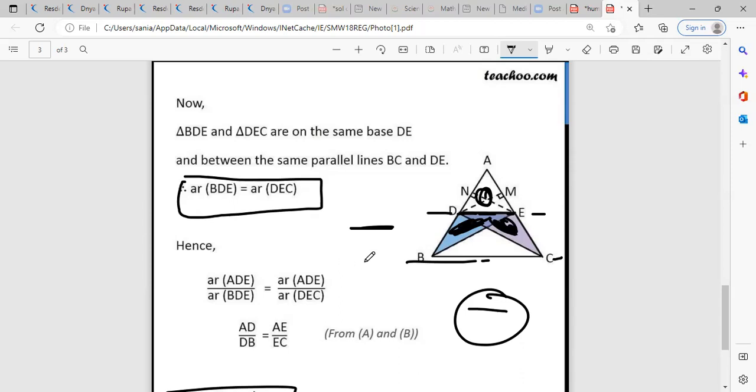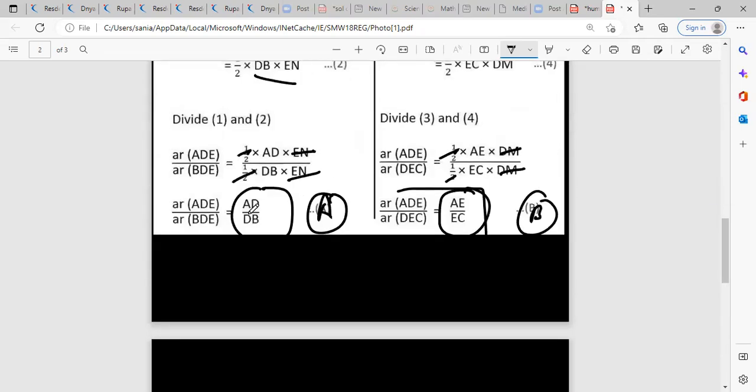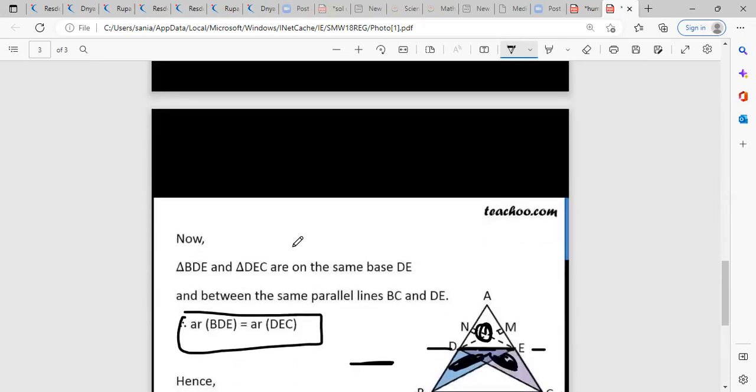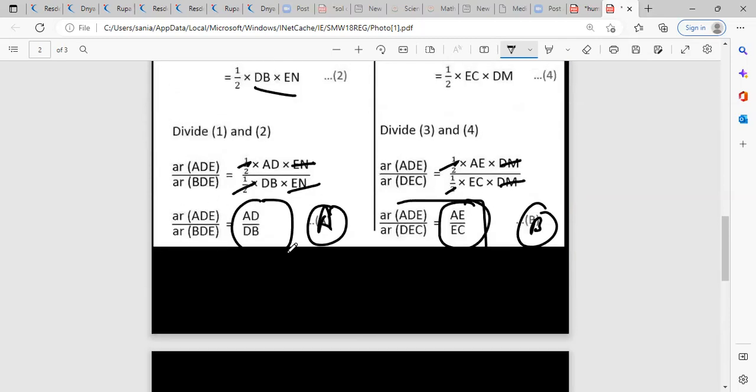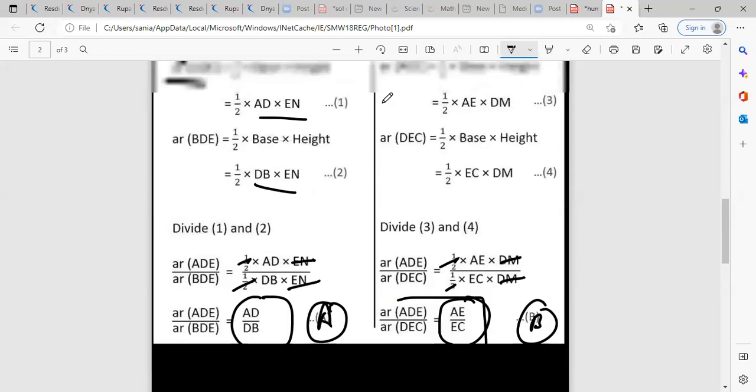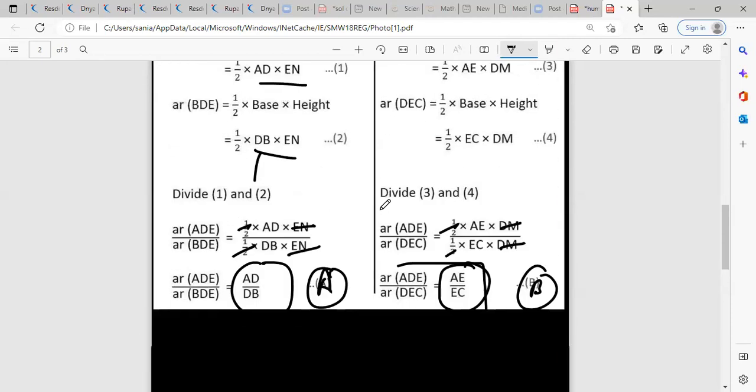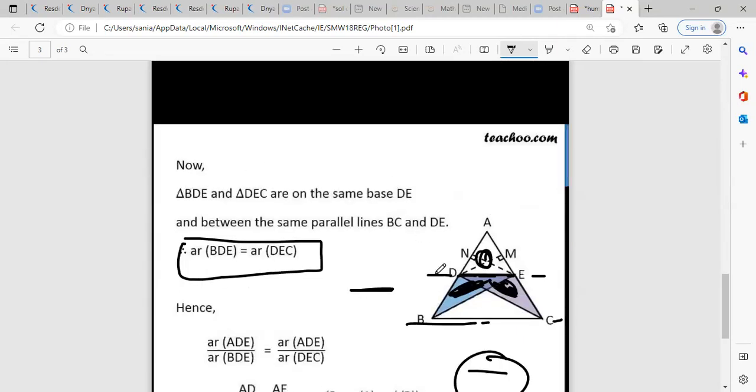Okay, so most of the time what students do, they have just drawn this, and after this they will write this is equal to this. But how? You have to give a reason, right? How come these are equal to one another? They are two different parts. You have drawn a line here. These are different. So ma'am, because of this reason, because these two triangles lie on the same base and between the same parallels,